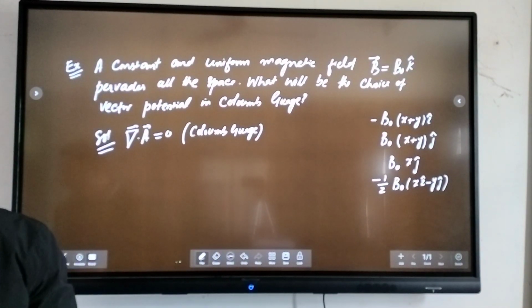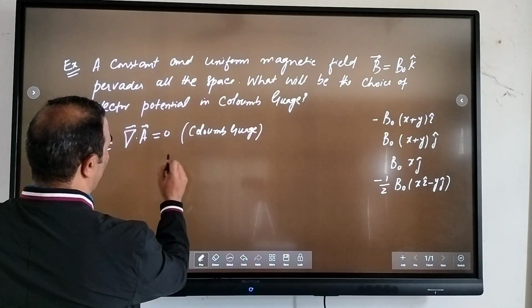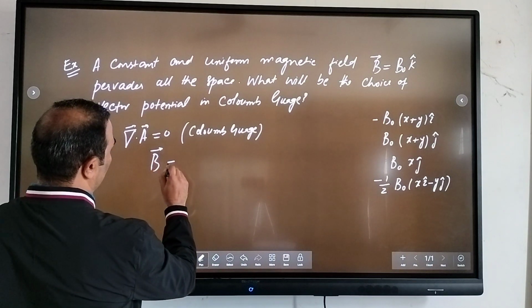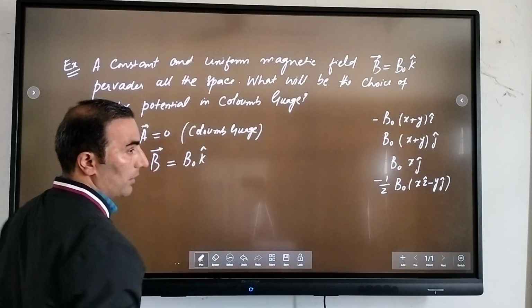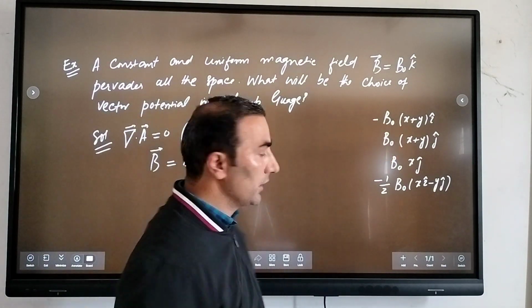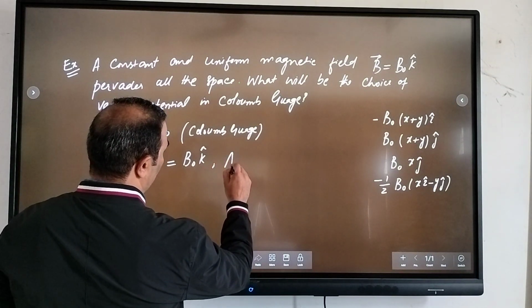Okay. Now because the magnetic field is given to us, B is equal to, okay. Now if I choose that our vector potential will be this one, right? So that means if I choose here our A equal to,